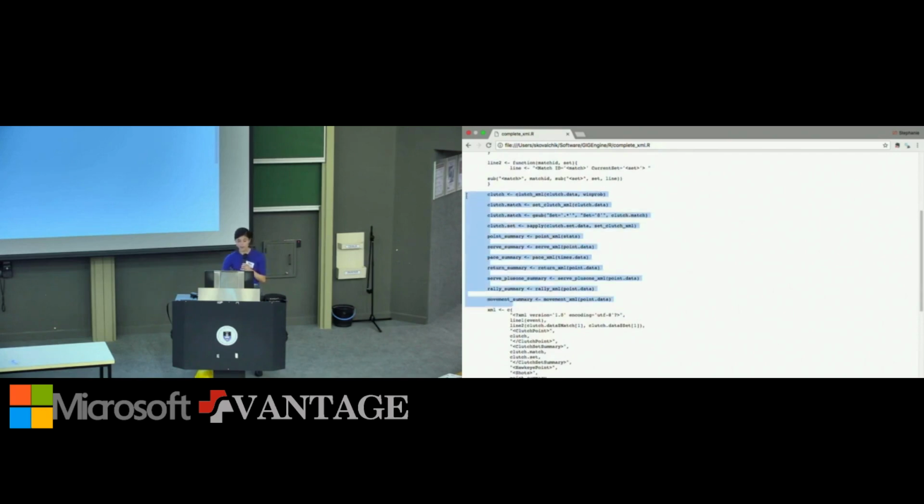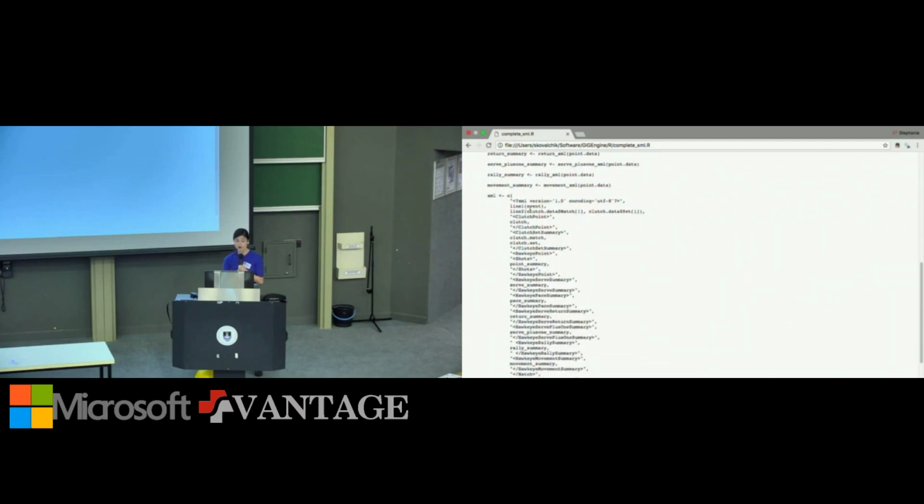That wrapper contains a key function, complete XML. Within that, you can see a number of functions that have a close correspondence to the source output nodes in our output XML. So we have clutch measures, point summaries, stats happening on serve, the time between serve, and so on.